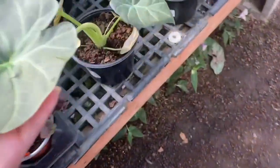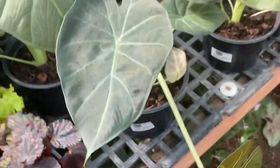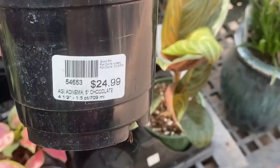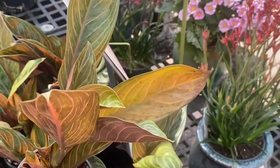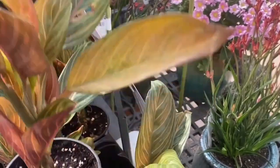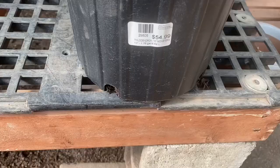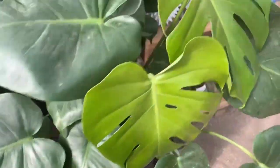I was really impressed when I saw that, just because they don't seem to have a lot of alocasia that come in. However, they do have a lot of anthuriums. Then we have some 4-inch pots of Alocasia Maharani for $39.99. Then these beautiful chocolate aglaonemas, which came in a 4.5-inch pot for $24.99, and some Lady Valentine in a 4.5-inch pot for